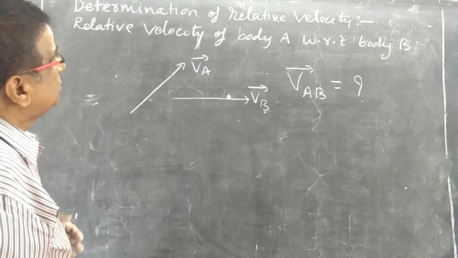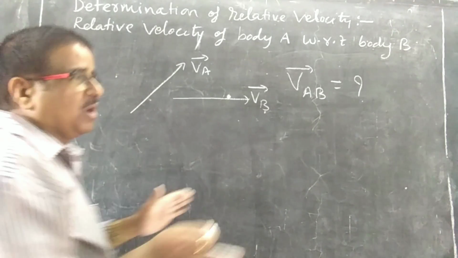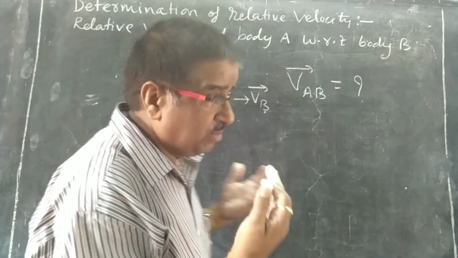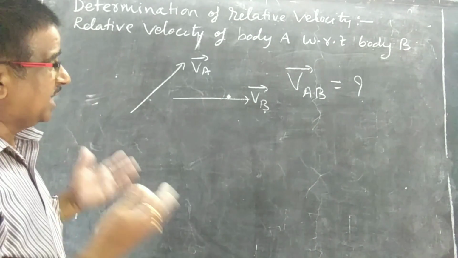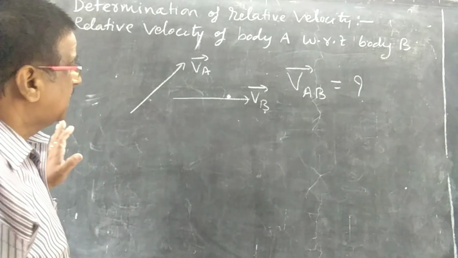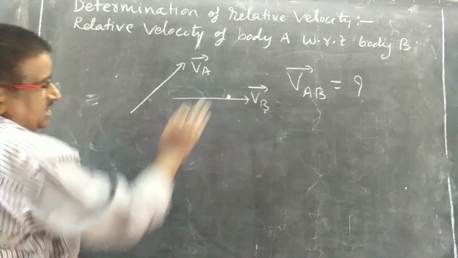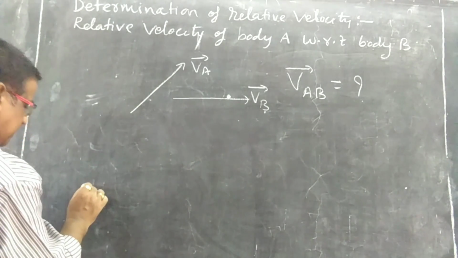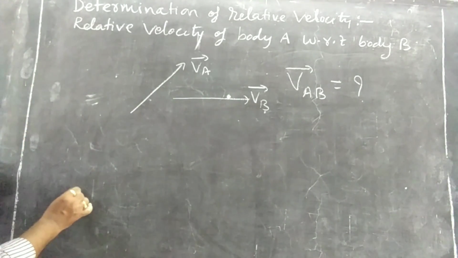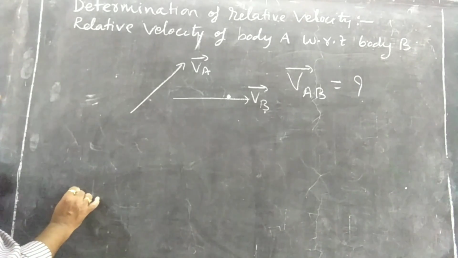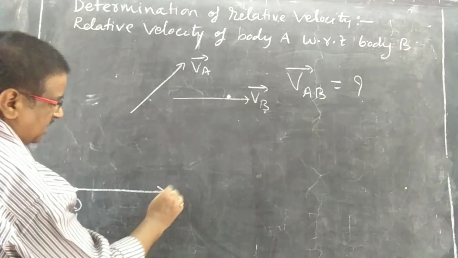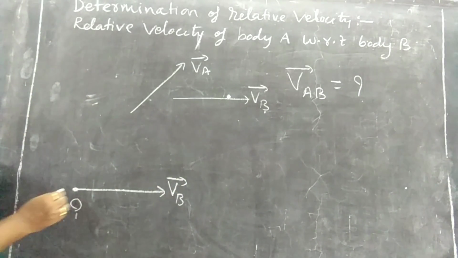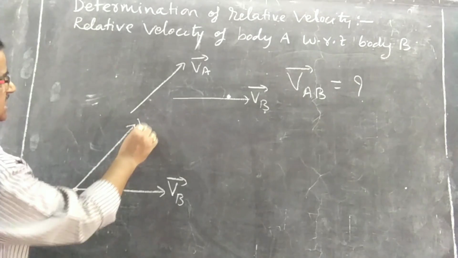According to the relative velocity, as we are calculating the relative velocity with respect to each other, what we will do is we have to start both the vectors, both the velocities or both the bodies, from a single point. This is the single point O and B is moving along this direction. Draw here the direction of the velocity vector. Here it is moving in this direction, VA.